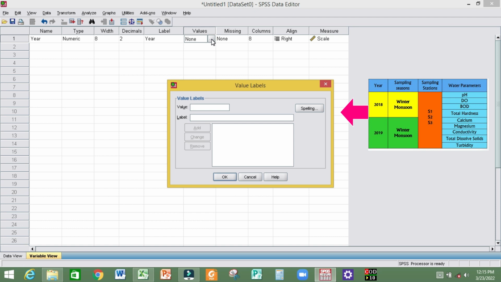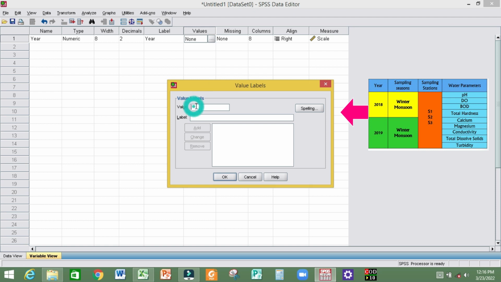Remember I told you earlier that if you copy and paste the values from the Microsoft Excel sheet directly into SPSS, you will not be able to process or do any analysis, because SPSS will not be able to understand some of the variables. Therefore, some components of the variables need to be converted into SPSS language. Like for year, how many years is a study conducted? For 2 years, right? So since we have conducted for 2 years, so what we can do here,